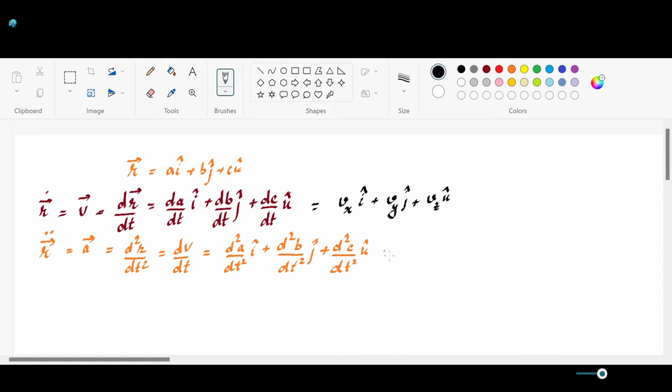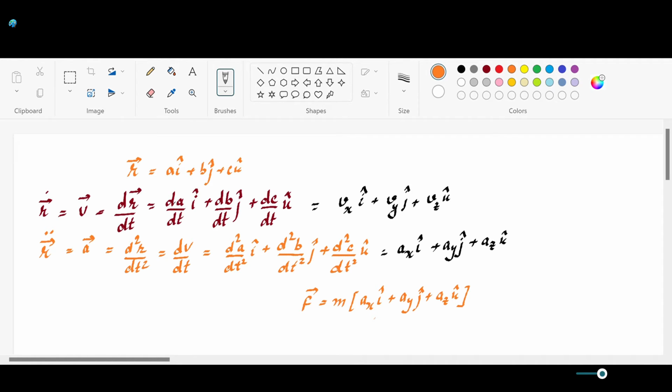Similarly, I can simply write the double derivative of position along the x axis as our acceleration, so it is ax i cap, the acceleration along the x axis, plus ay j cap plus az k cap, and we can simply write Newton's second law in coordinates: F equals m into ax i cap plus ay j cap plus az k cap. We can understand here that if the force is not acting in three dimensions, which means if you are applying a force in a specific unique direction, like for example only the x axis, then the effect will be seen only along the x axis.